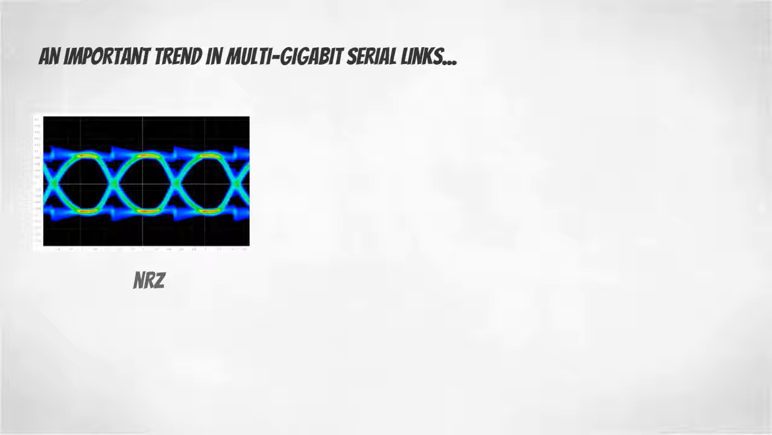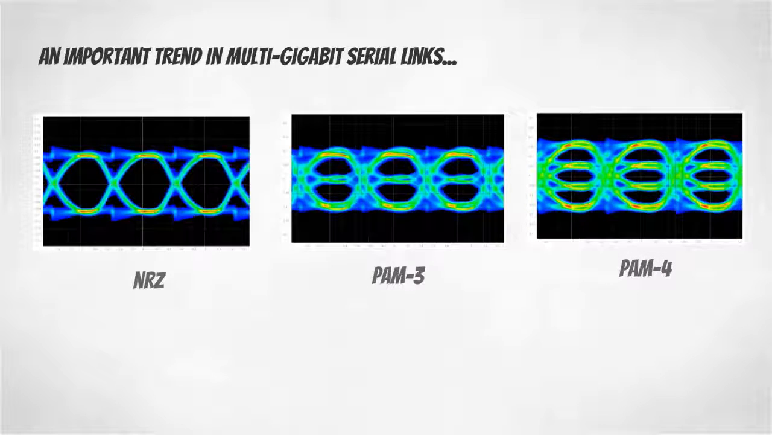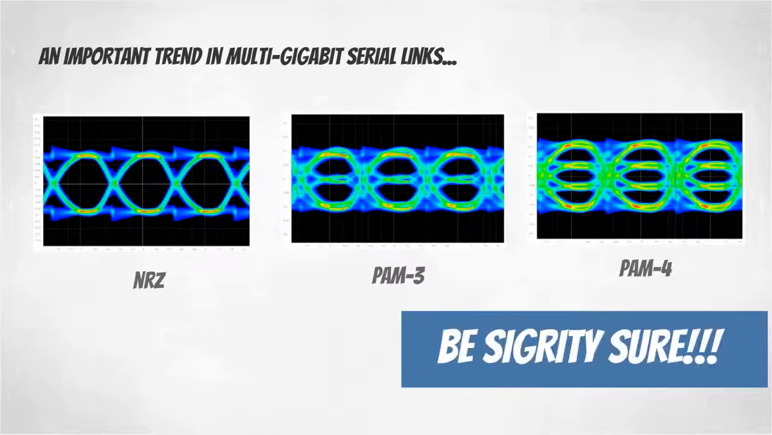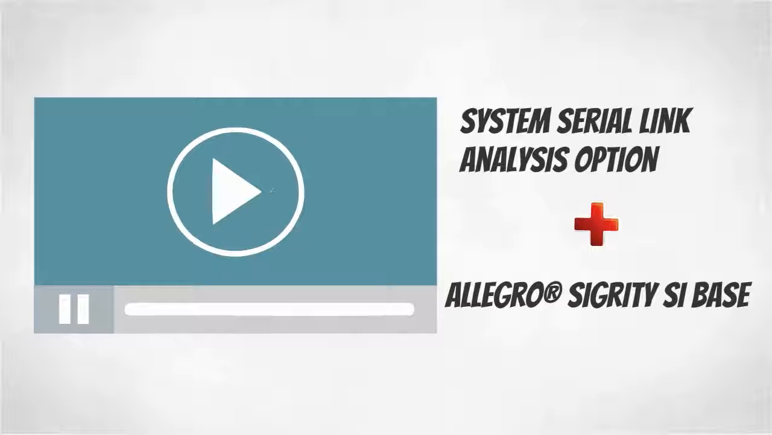This is an important trend in multi-gigabit serial links, where multi-level PAM signaling is being used to multiply the data rate that can be transmitted over a given interconnect channel. You can be confident that Sigrity technology will take you seamlessly into these advanced standards. In today's video, you will see us utilize the Allegro Sigrity SI Base and the System SI serial link analysis option. To learn more about these products, visit us at